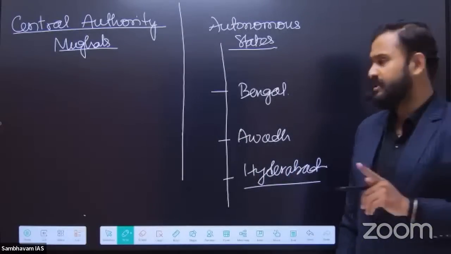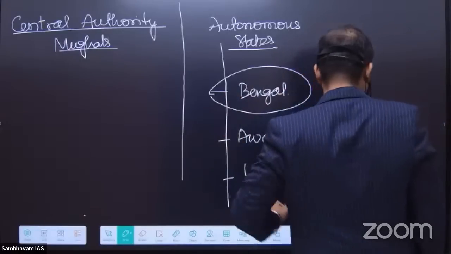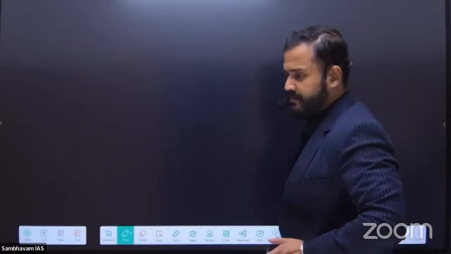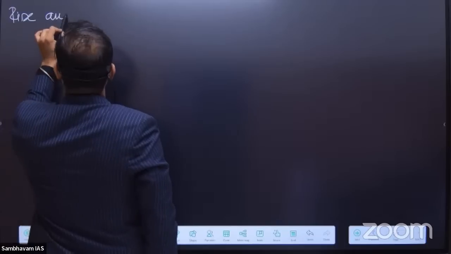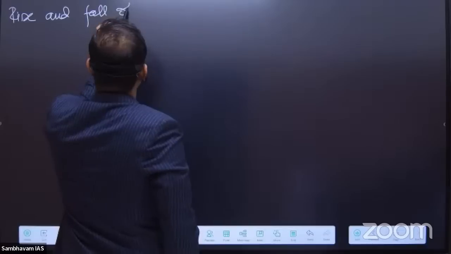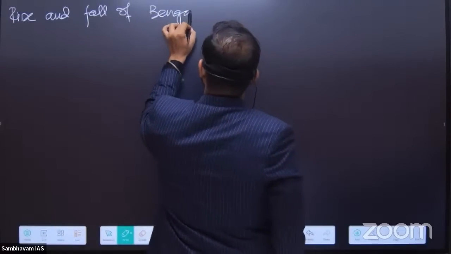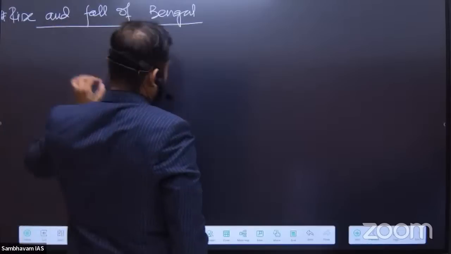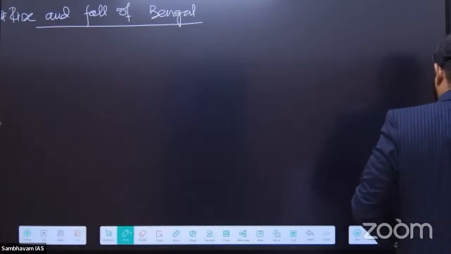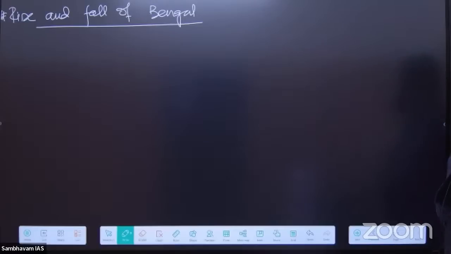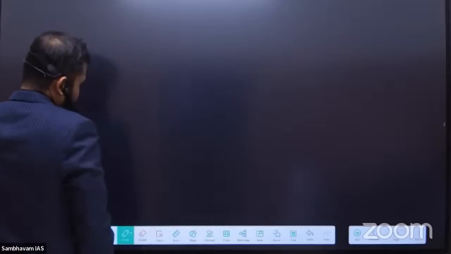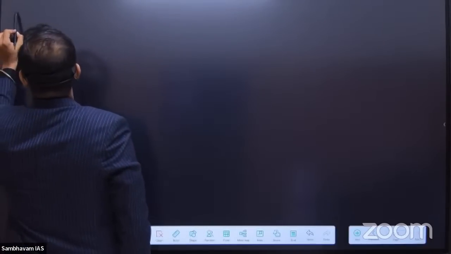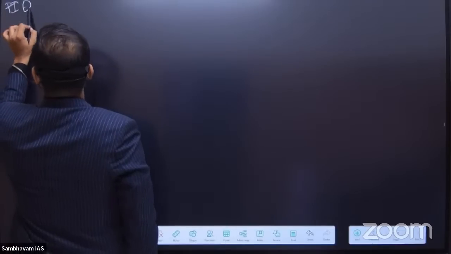The initial beginning might be a bit difficult to understand the concepts. We have to deal with the first topic in detail, that is the rise and fall of Bengal. It has direct relevance to your modern Indian syllabus. Today's chapter is Rise and Fall of Bengal. Before beginning, I believe that the slides are also being sent to you. So I'll try not to erase them. We'll return back to this slide, or let me just remove it.